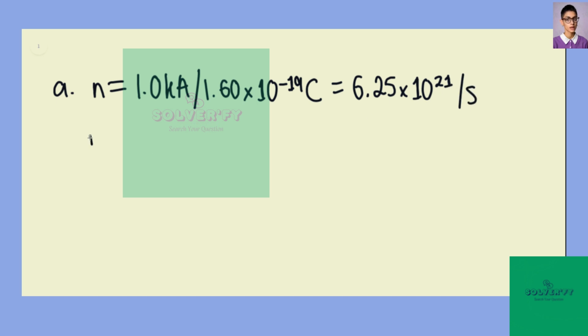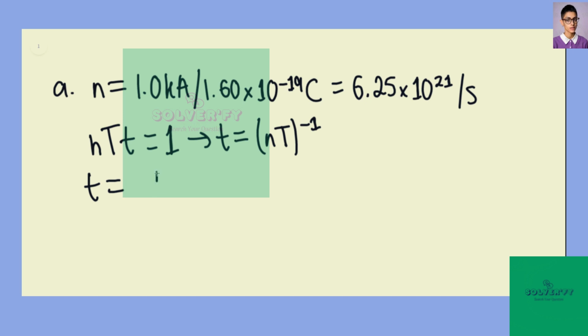We are going to let n, the number of protons arriving at the barrier per second, times t, the waiting time, be equal to 1. We can then say that the waiting time t would be equal to n to the negative first. So the waiting time t is going to be equal to 1 over n